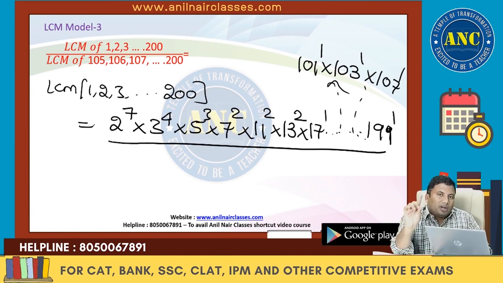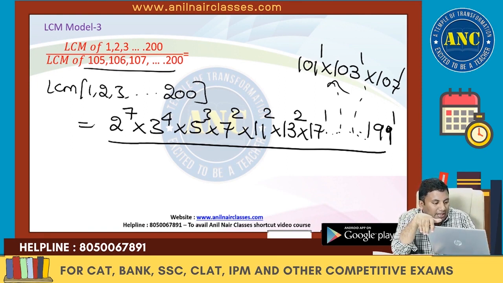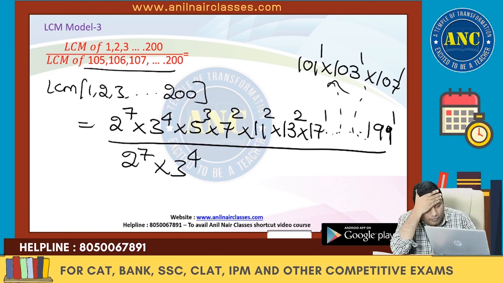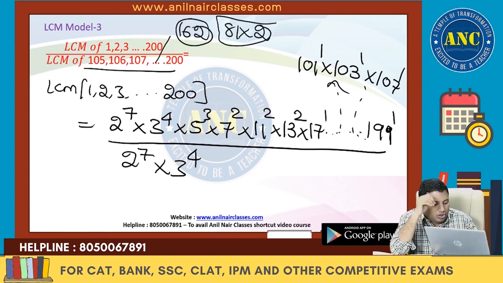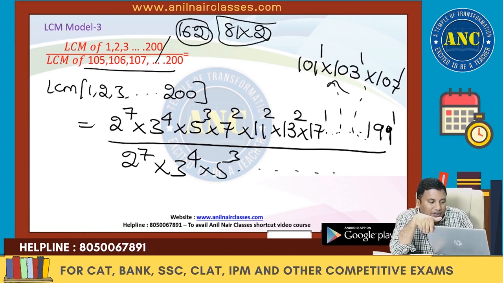2 power 7 is 128, 3 power 4 is 81, 5 cube is 125, and so on up to 101 power 1 till 199 power 1, divided by the highest power of 2, 128, which is present in this set. Highest power of 3, 3 power 4, 81. If you see in this set there is a number known as 162. 162 is 81 into 2. So 3 power 4 will come. 5 cube 125 is there. Everything will come